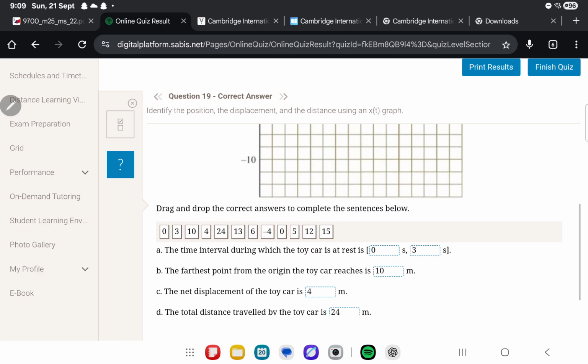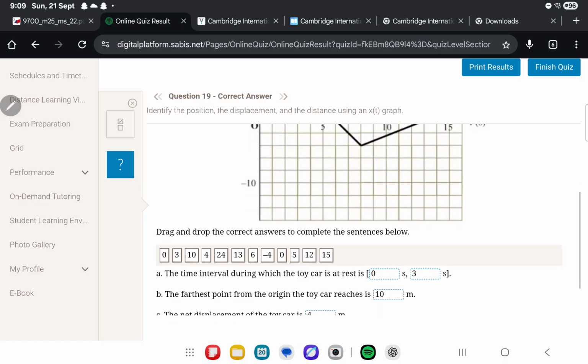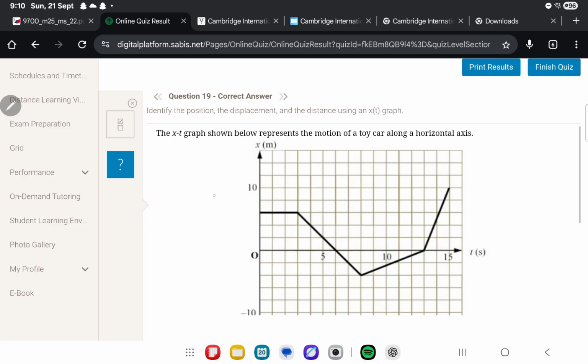Question 19. This question, I believe, is repeated, no? It is repeated, I'm pretty sure. But just in case, we'll solve it again. So, the time interval during which the toy car is at rest. As you can see, it's from 0 to 3, right? Because the line is flat and it's an xt graph. So this line is flat, which means the particle did not change its position,